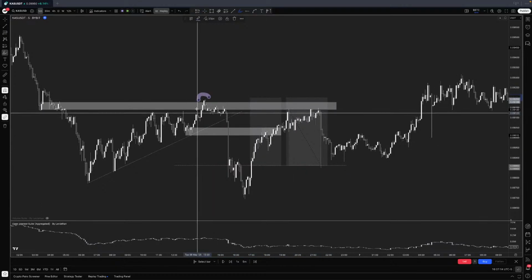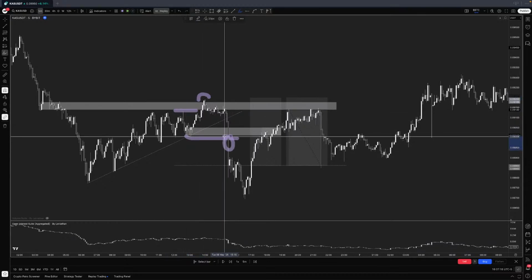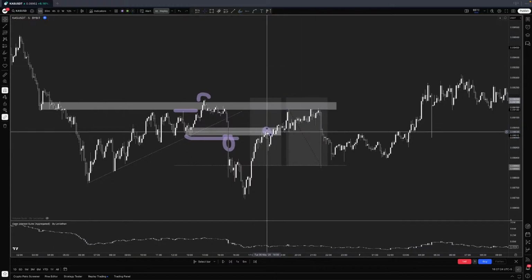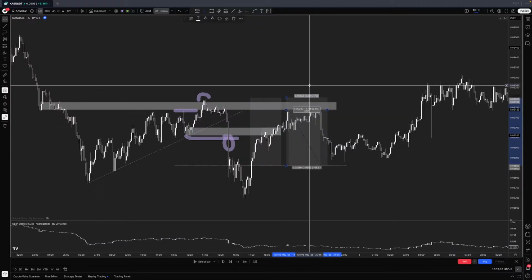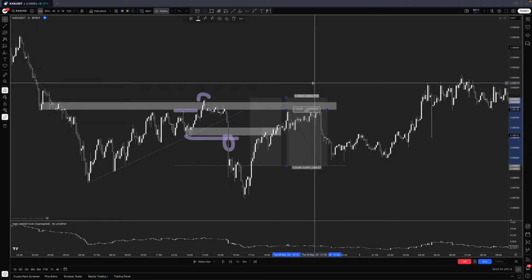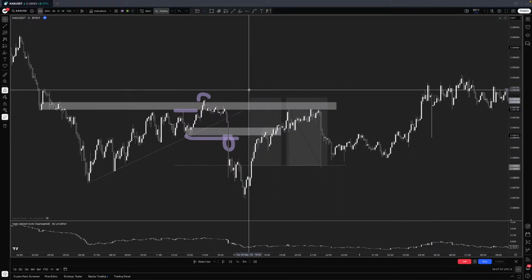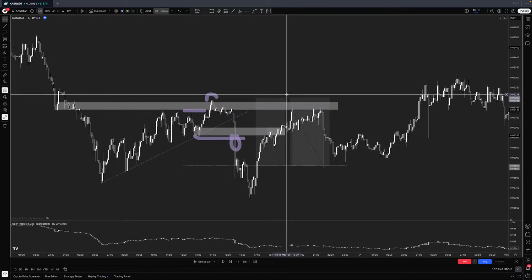All right, this is the over and under market structure shift, pullback into these zones, two levels, right? Two trades here. One here with 0.8 risk to reward and one here with 4.7 risk to reward. I almost got like 5.5 R on these two trades just by doing what I told you guys. Okay, so this is basically the way I trade.